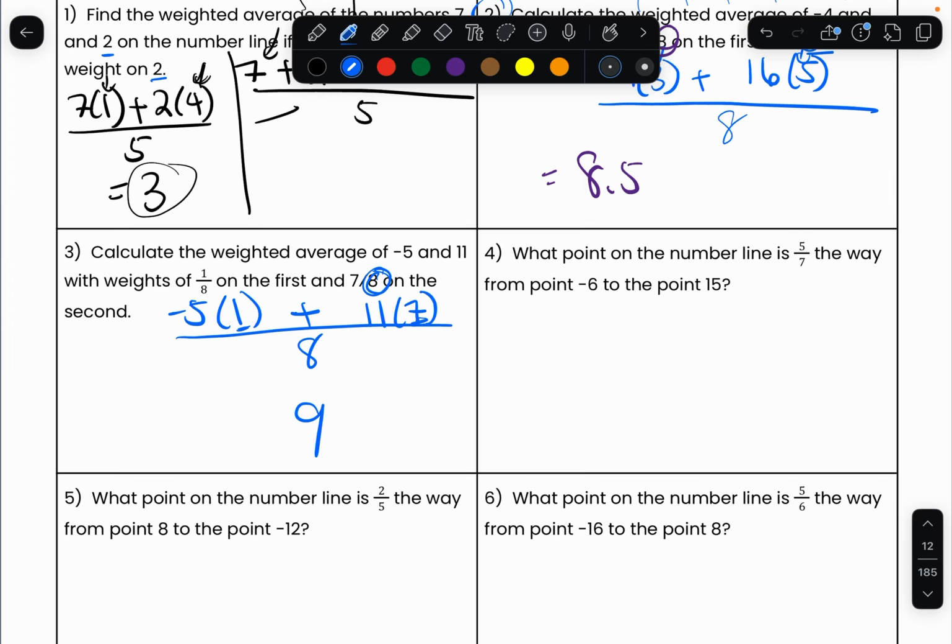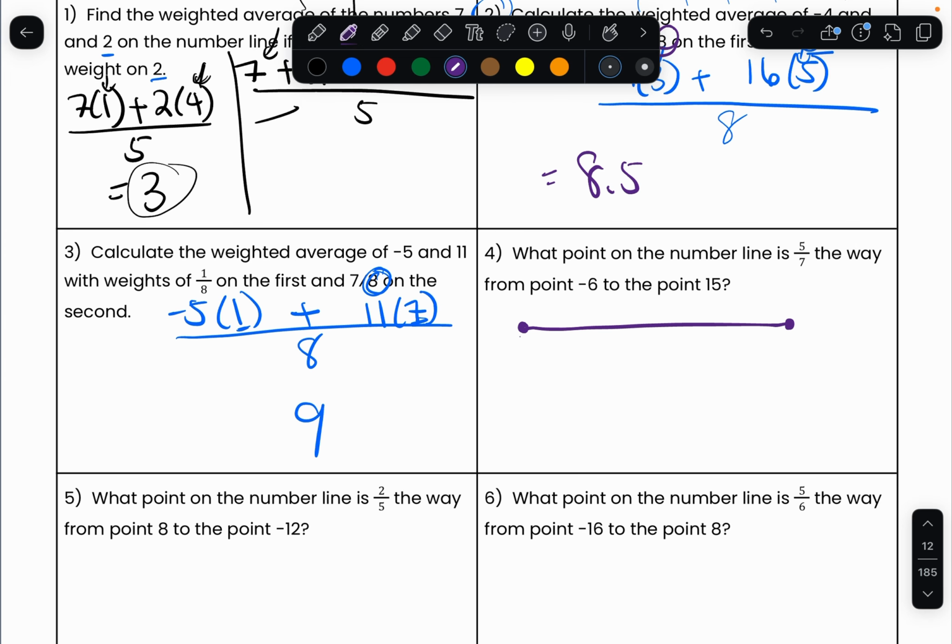Now let's move on to a different concept. Now this one isn't really that much about weighted average. It's kind of more like partitioning or line segments. But let's go over it. It says what point on the number line is 5/7 of the way from -6 to 15. Now to do this, I'm going to first draw a number line